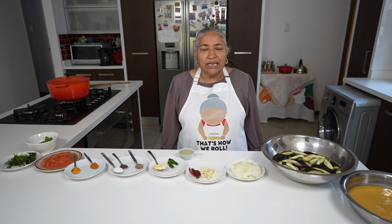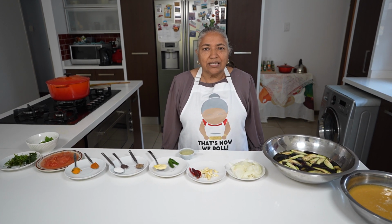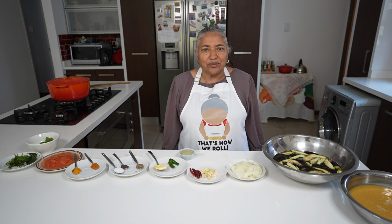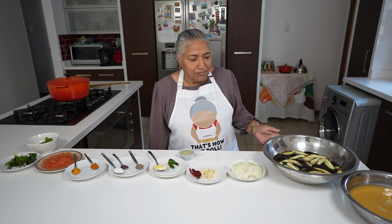Today I'm going to make a wedding style dhal which has brinjals and it tastes very delicious when served with lovely biryani or some lovely nice chicken. So my ingredients,